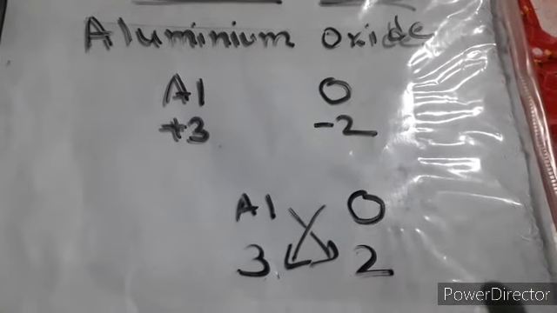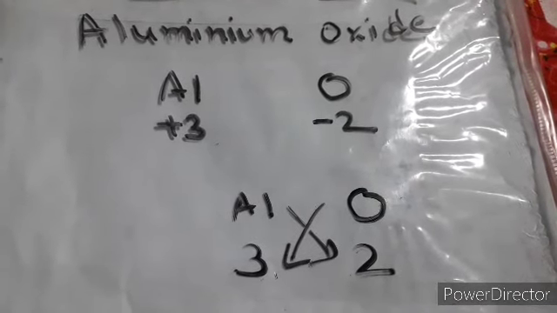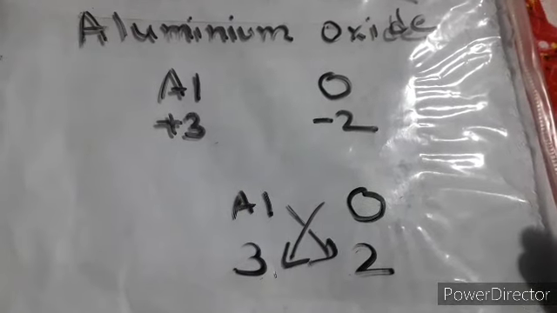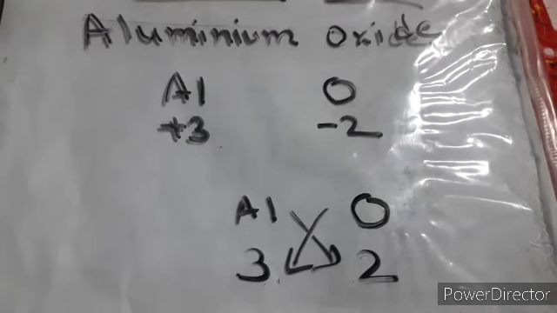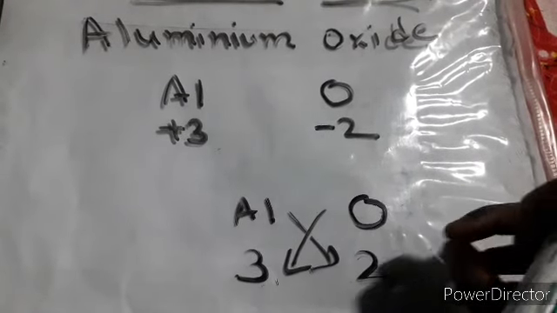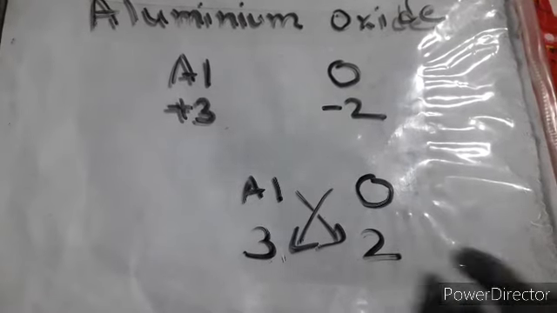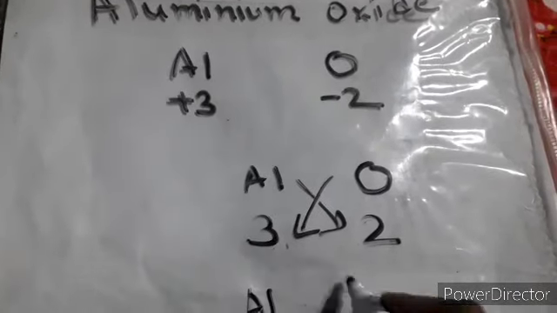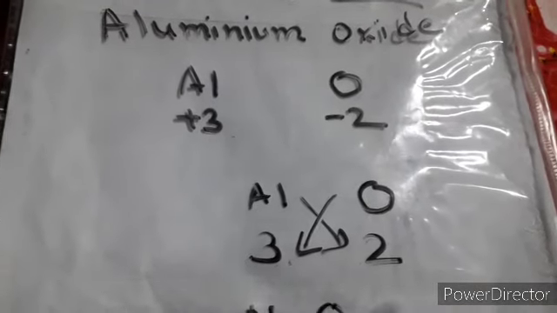Now this is another example where the numbers are different, they are not the same. Earlier we have seen the concept when we had valency 1, then we came to when both the valencies were the same, we were removing them, or dividing them, and getting the lowest value. Now the numbers are different, so you cannot, they both come in different tables. It comes in 3 and it comes in 2, so it's a different concept and a different way. You simply multiply it. When you multiply Al, it's holding 2, multiplied by 2 over here, and over here oxygen is multiplied by 2. This is the way you get the formula. Now please remember, maybe it's possible you will do it like this.